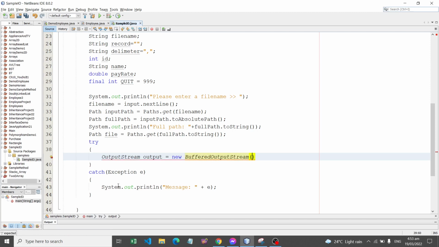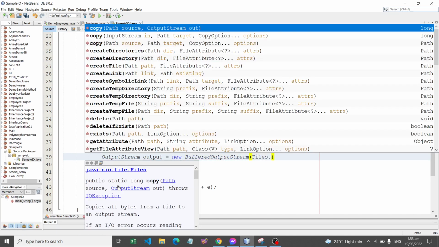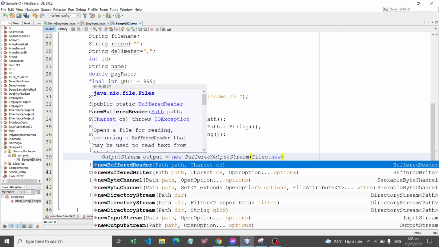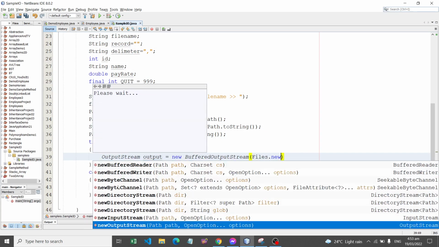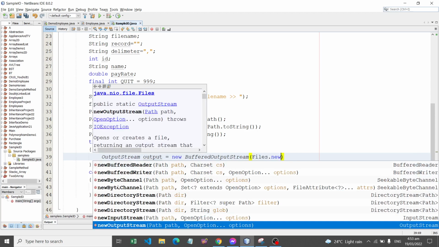With the parameters, the new output stream object will be used. New output stream with the path parameters and the